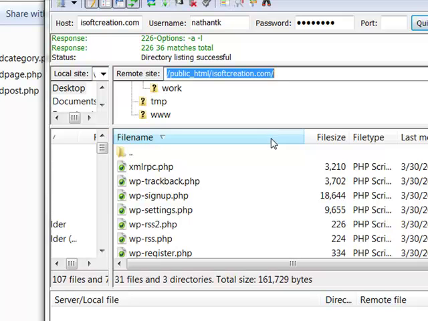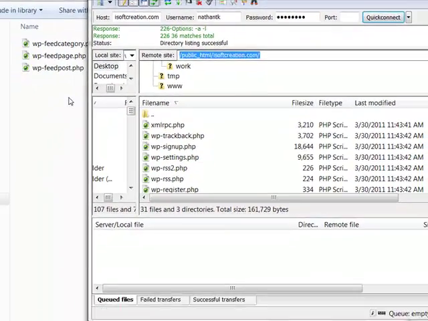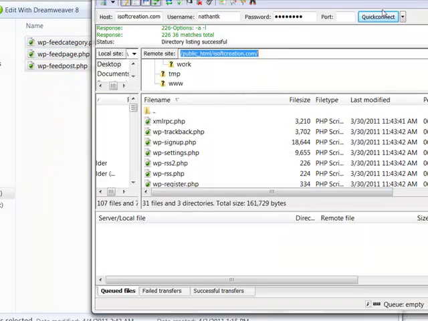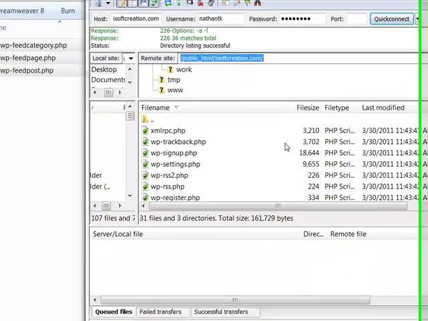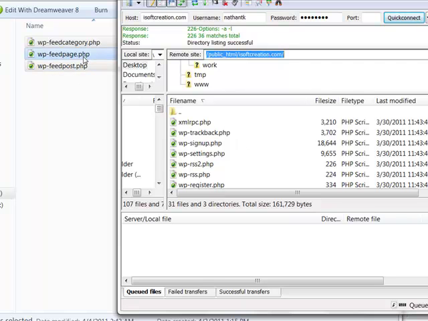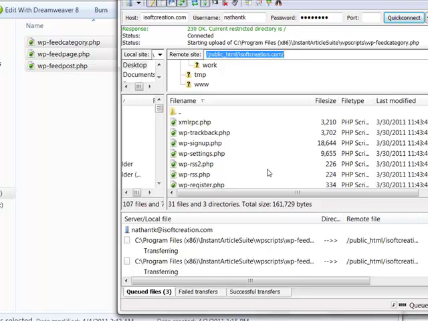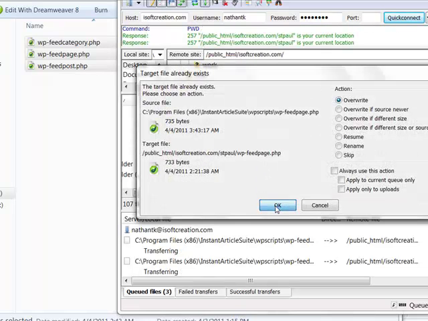Even myself, the common mistake you can make with this: whenever you see that the software is not working, it's surely because you have not uploaded those PHP files to your WordPress blog. So where you have installed your WordPress blog, the root, the main folder where it is installed, or the root domain, you drag it right here and you upload all these files